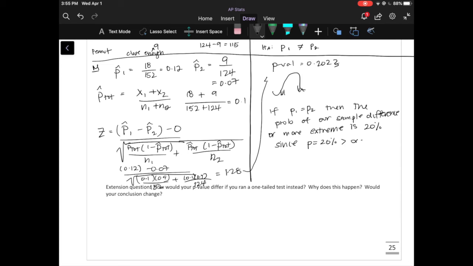Since p equals 20% is greater than alpha equals 5%, we fail to reject H0 and do not have